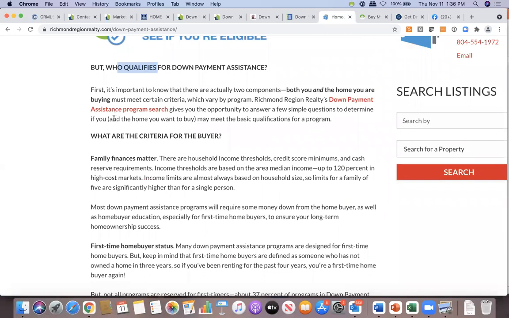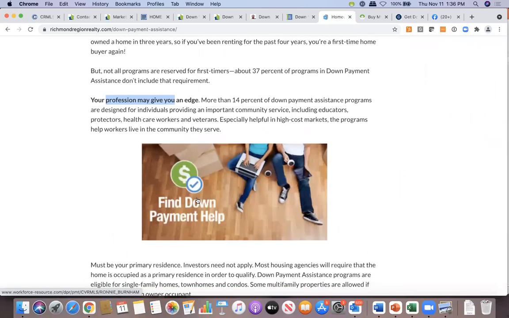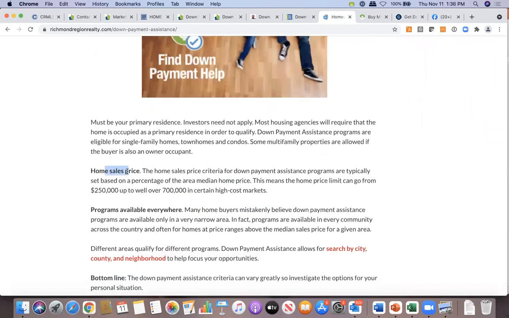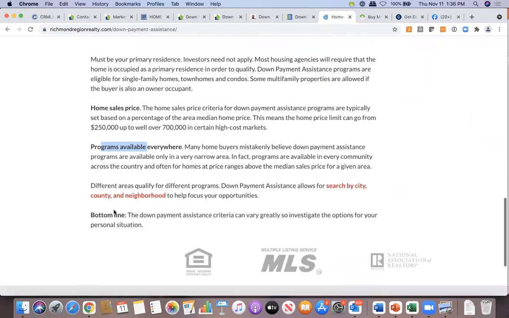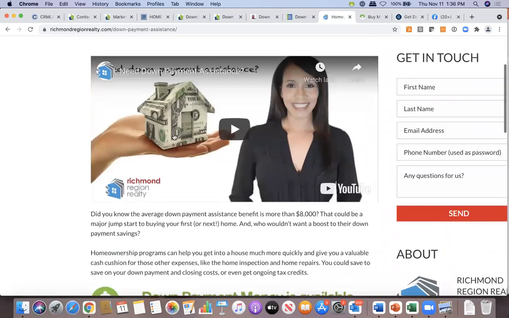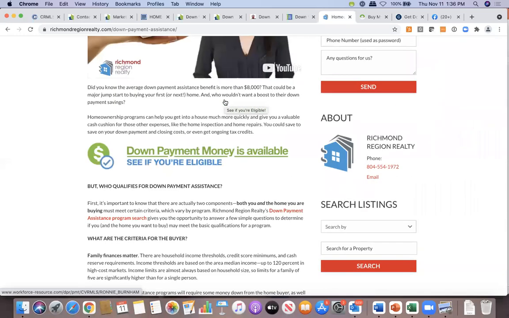So who qualifies? What are the criteria for the buyer? Finances, home ownership history, your profession. Here's a graphic. It's another link to their Down Payment Connect page. Price, geography. So all of this leads to the bottom line here. Down payment assistance can vary greatly. Investigate your options. And they've given them several opportunities to do so, woven throughout this page that's dedicated to educating